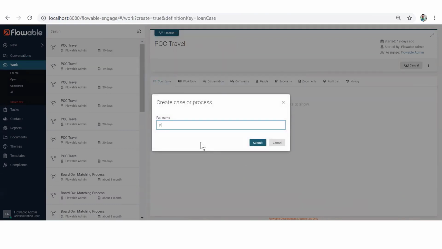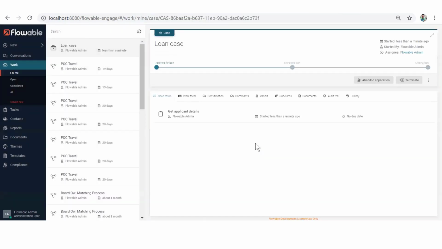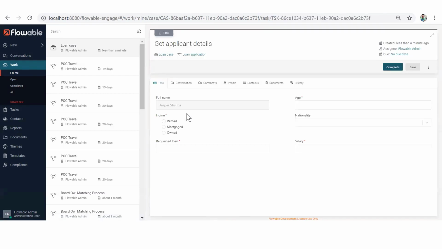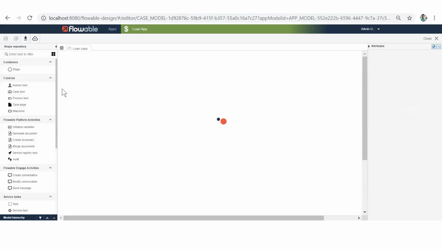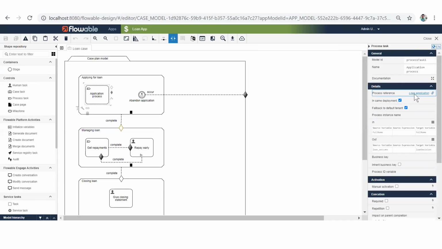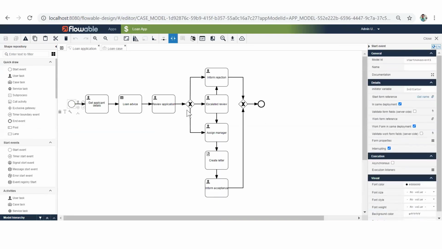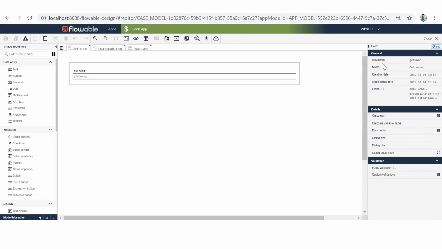Let's say I'm giving a name. I need not develop any new screens; the product itself provides all these details. After giving my name, my case has been created and it goes to the process, the BPMN process, where it is asking for the other details. I'll not go into detail for the sake of time, but you can see in the form reference that we are asking for the name, which we gave in the first step.